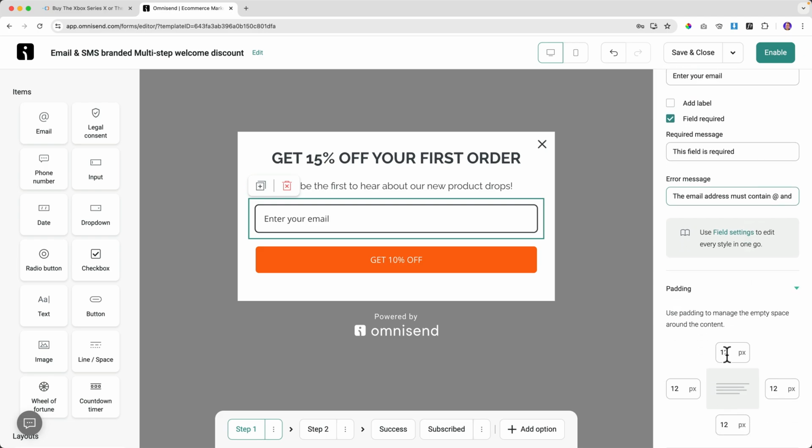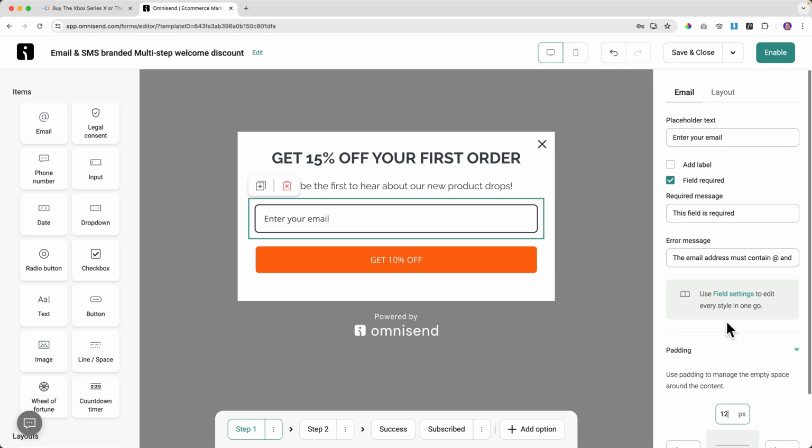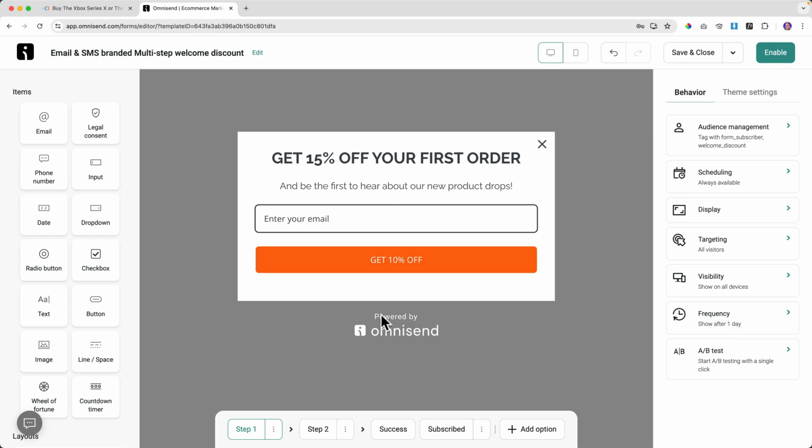You can play around with the padding. So if you increase that, there's more space around it. And again, this is already optimized for conversion. So I see no reason why I should adjust too much over here. Get 10% off. This is only what you will see when you use the free version. And when you upgrade to the pro version, this will be gone. But the great thing is you can start for free. So get 50% off of your first order.